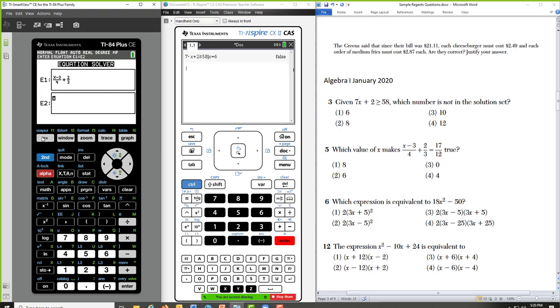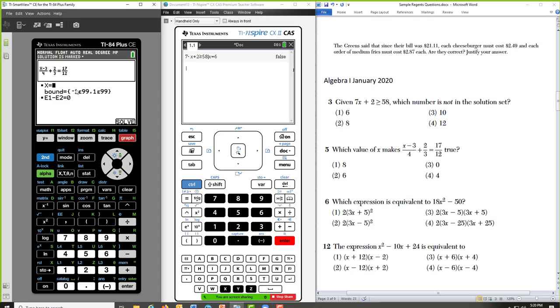I need 17/12. 17 over 12. OK pops up. I'll hit graph. That's a soft key. And then I'll press graph again. If there's a little box in front of it, it tells you that that is the solution. So if I had something like 12.3, what I originally had stored in for x across there, when I press graph to solve, you'll find your solution.